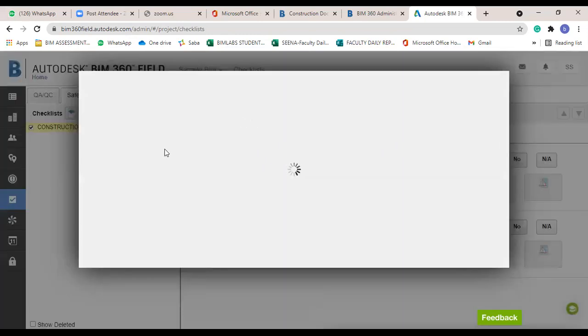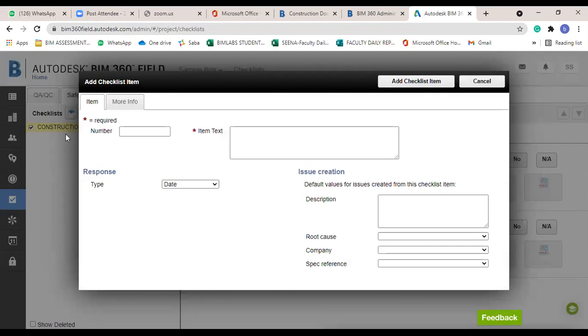The next question I want to add under the construction site safety checklist is number 3. The item name is: are all the areas free from slip and trip hazards?